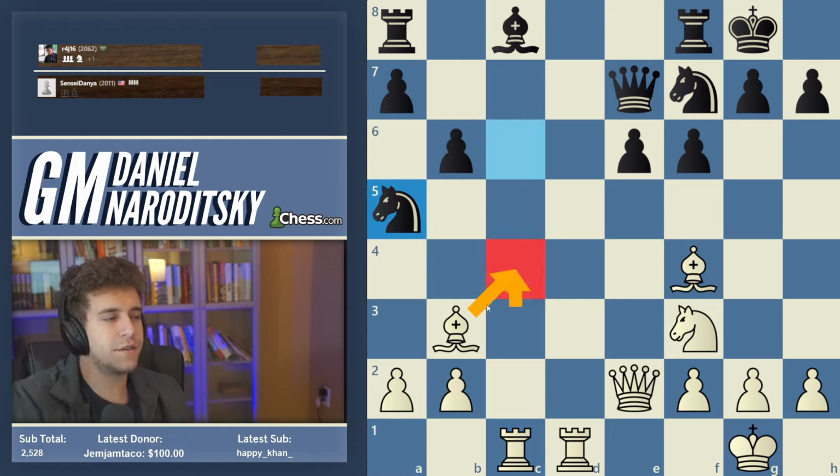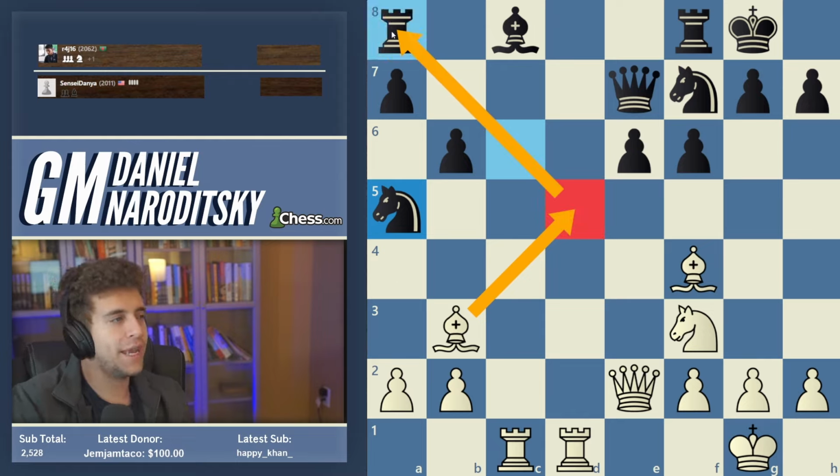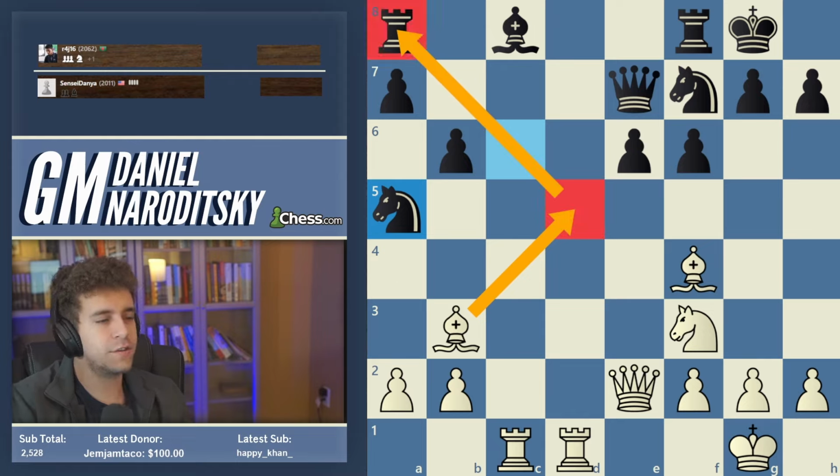How do you find the move bishop d5? Well, in general, anytime you have a piece that has no squares left, you should